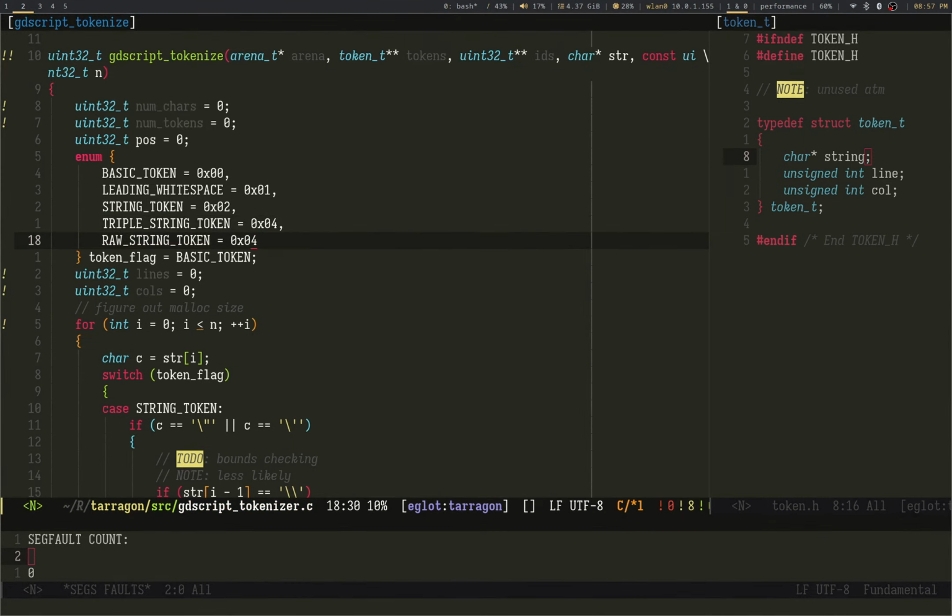This is awful. I hate this. But it fits inside of characters, so token flag is actually just going to be a single byte. Wow, very cool.